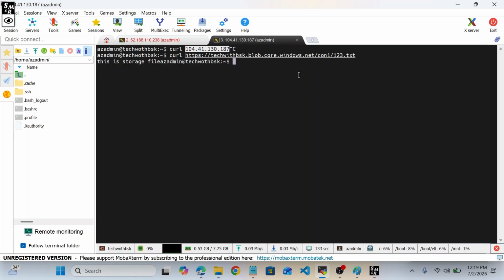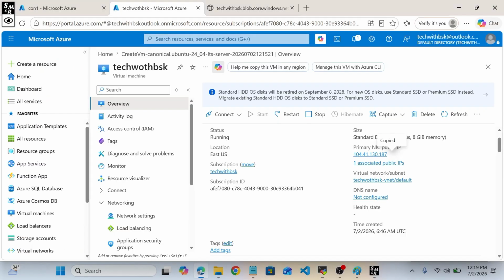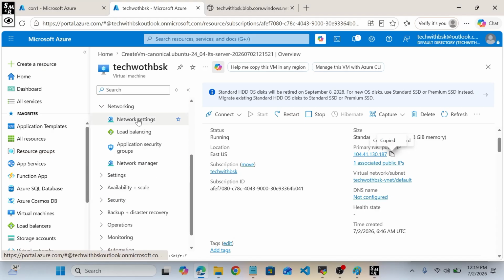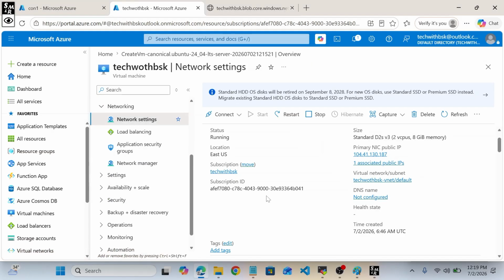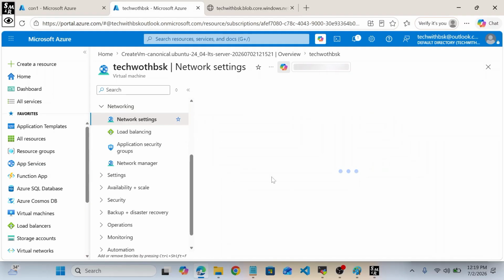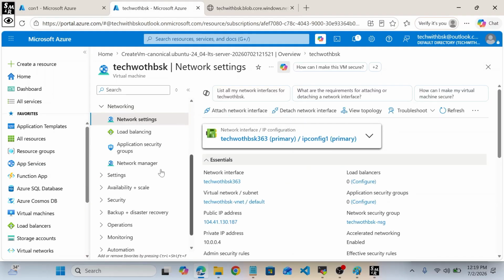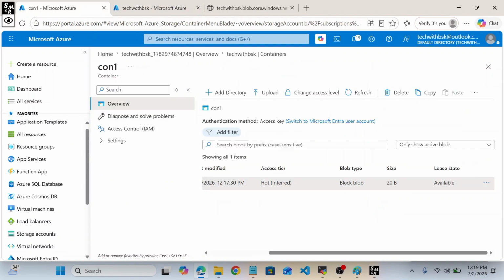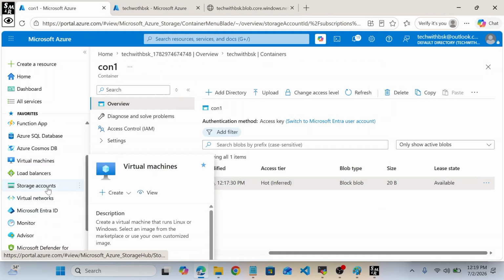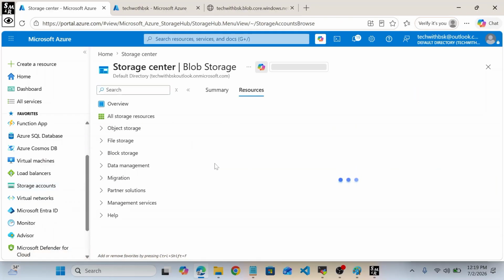Okay, for this reason, we can enable service endpoint. Service endpoint can be enabled at subnet level. Whoever is part of the subnet, everyone will be able to access that, within the subnet range. For that reason, you can go to the networking. Here network setting is there. Go to the network. Not this one, sorry. We can go to here, storage accounts. Let's go to storage account